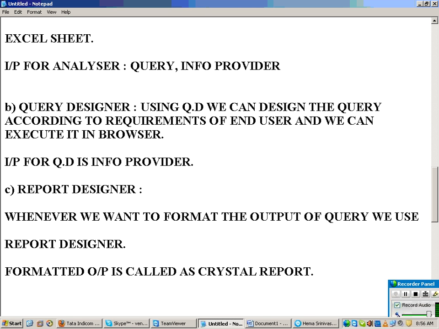Now what is the input for report designer? You are formatting the output of queries. That means the queries that I have designed using query designer, I make them the input to my report designer, where you can format and represent them.